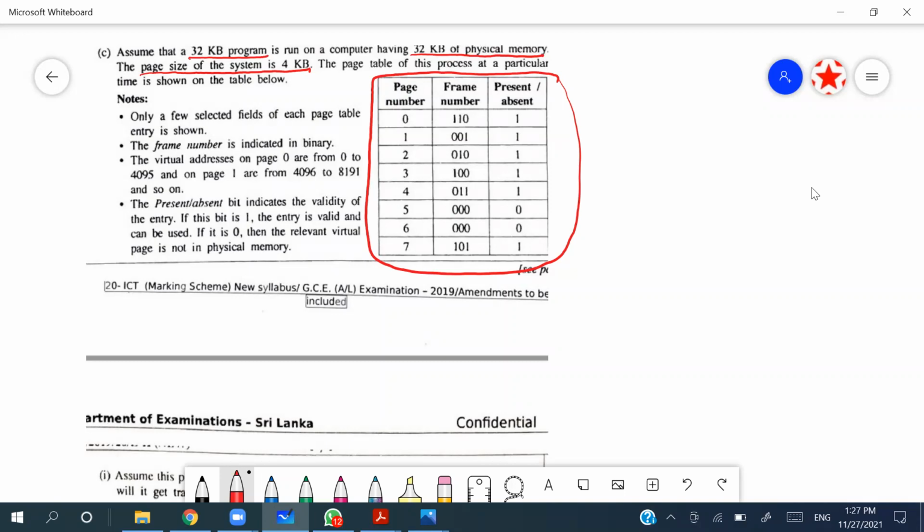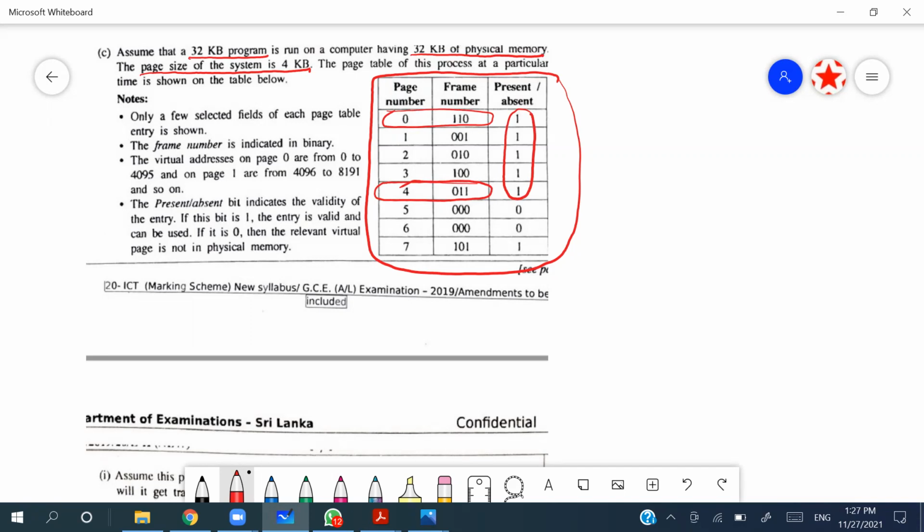So the last point is something for you to understand clearly. The present-absent bit indicates the validity of the entry. If this bit is 1, the entry is valid. Now, entry means what? This particular entry that they are talking about, right? If the present-absent bit is 1, the entry is valid and can be used. If it is 0, then the relevant virtual page is not in physical memory,